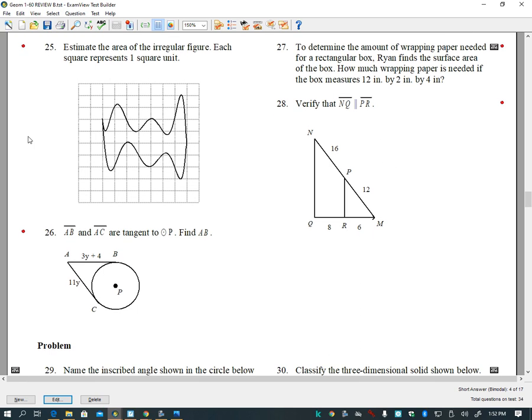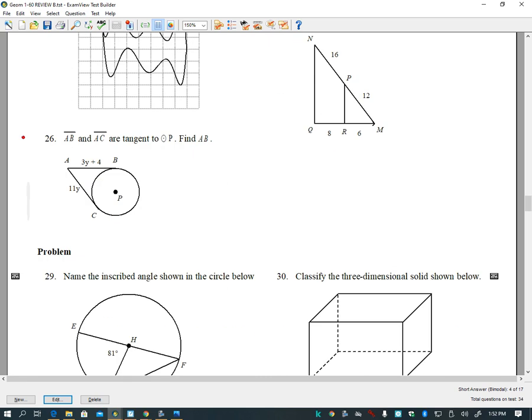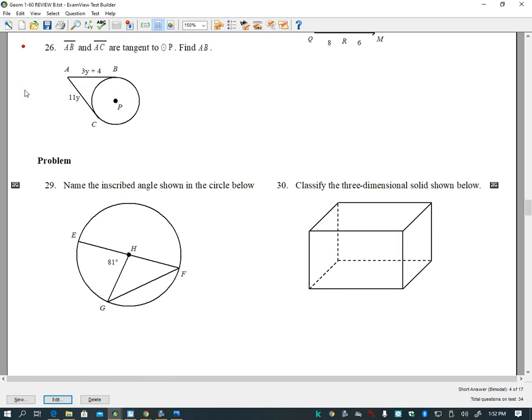Okay. 25, that's an estimation thing. I don't want to spend a whole lot of time on that. 26. If we have tangent lines that come back to the same external point, what do I know about the relationship between AB and AC? If I have two tangent lines that are drawn back to the same point, what are those segments to each other? They're congruent, okay? So you're going to wind up with 3y